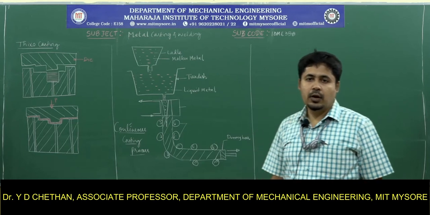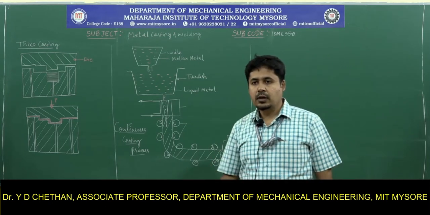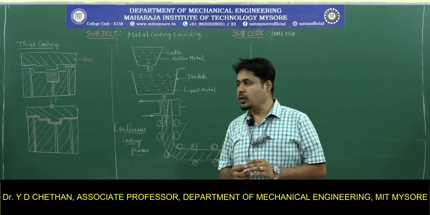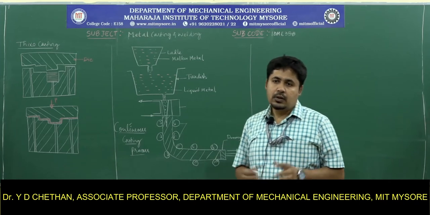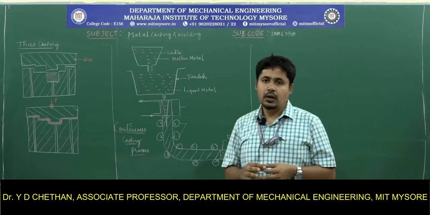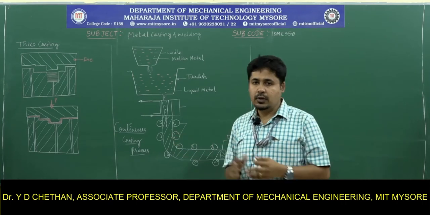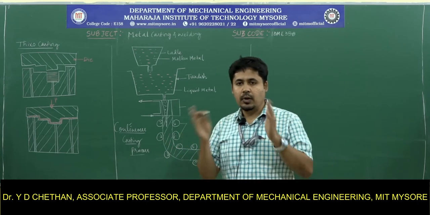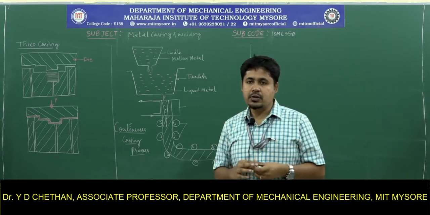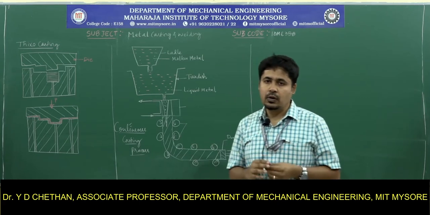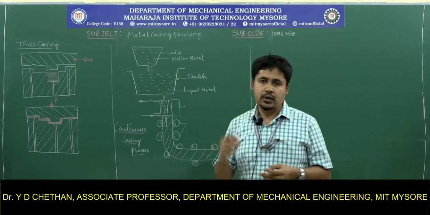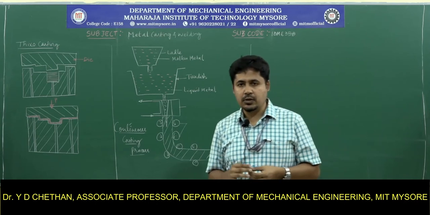In the previous session we were talking about permanent mold processes such as gravity molds and pressure molds, which can be differentiated into the cold chamber die process and the hot chamber die process. The main difference is that in the cold chamber process the furnace or melting pot is away from the die, whereas in the hot chamber process the melting pot is integrated with the dies. So it has different elements, and we have discussed its advantages, disadvantages and applications as well.